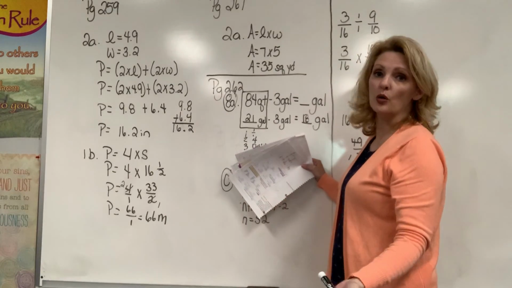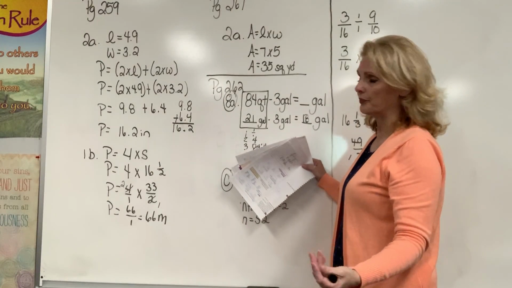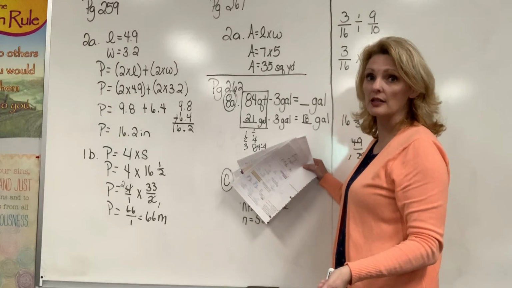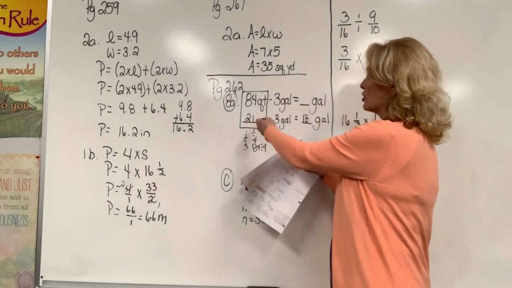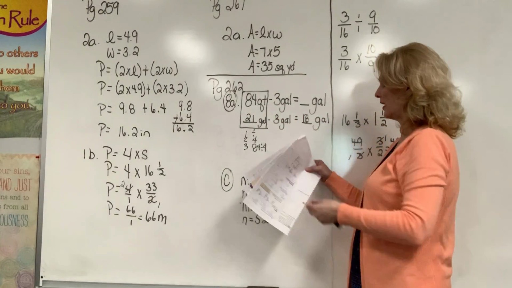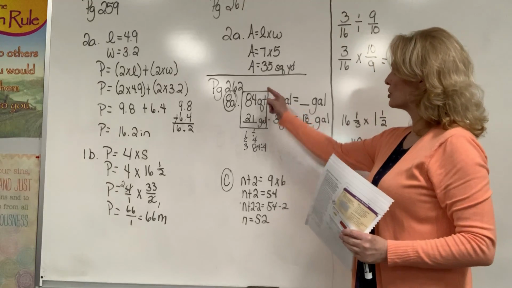Then how many quarts are in a gallon? That's 4. So you divide 84 by 4, which is 21 gallons. Then you finish out the equation. 21 gallons minus 3 gallons equals 18 gallons. Okay? On page 262,